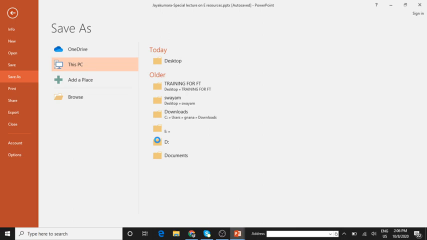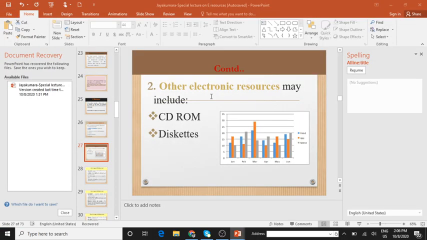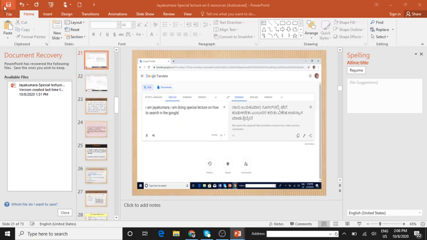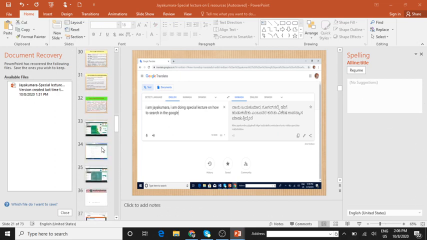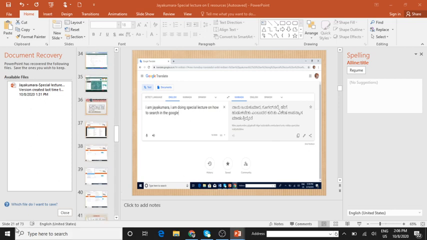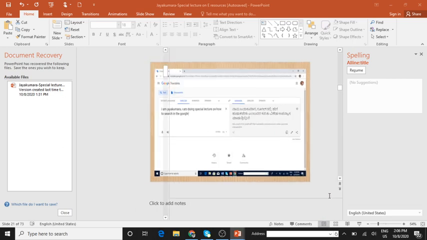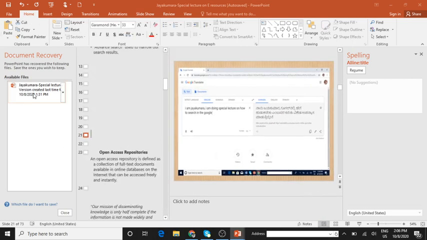Got it? Hope you all have understood till now what we have discussed. So it contains the same thing. You have a quick access toolbar, you have tabs, you have ribbons, wherein you have clipboard, slides, font and different things, each one, and you have a scroll bar. Okay, where's the scroll bar? This is the scroll bar. Then you have a status bar which tells notes, and here also you can view notes section. Got it?